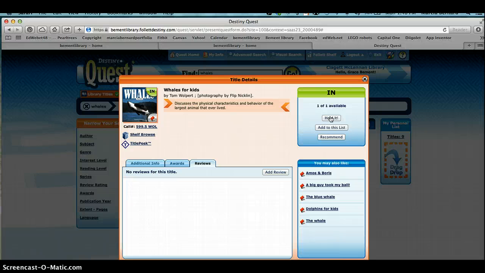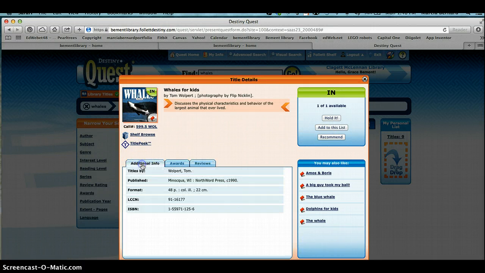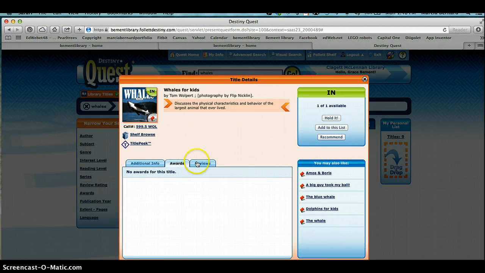But it's okay to place holds if you're at home and the book is in, and I will pull that and deliver it to you. You can add it to your list. If it's a book that you've read, you can recommend it to a student or a teacher, anybody that's in our Destiny database. Down here we can get additional information about the book, see if it won any awards,